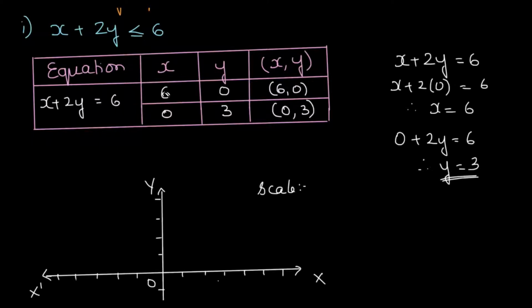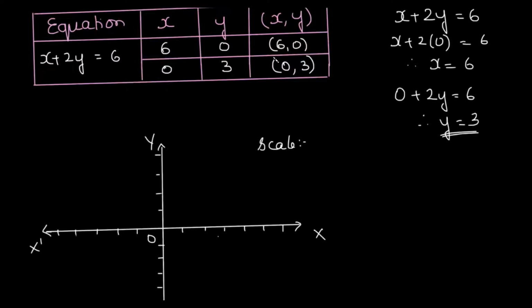See, theoretically you can put any particular value for x and find the corresponding value for y. But in the exam time, we'll be saving time if you put one of the coordinates as 0 initially. First put y as 0 and find x, and then put x as 0 and then find y. This will save your time greatly in the exam. So now that we have got both the points of the line, let us proceed to draw the line first.